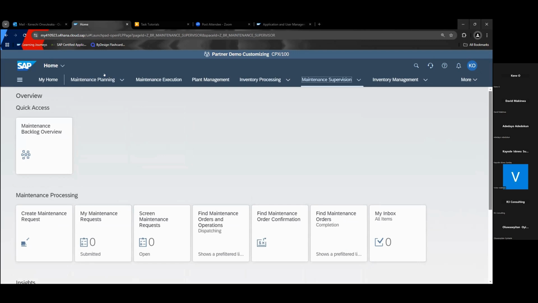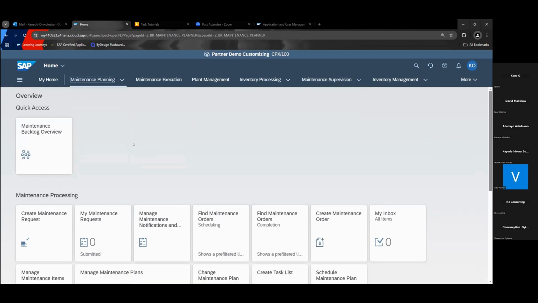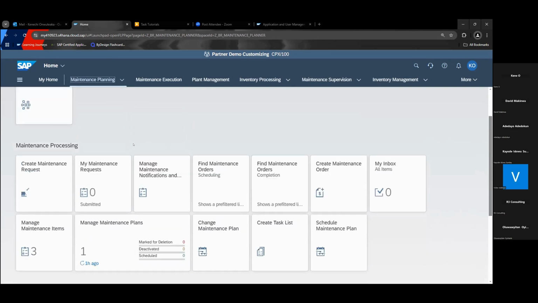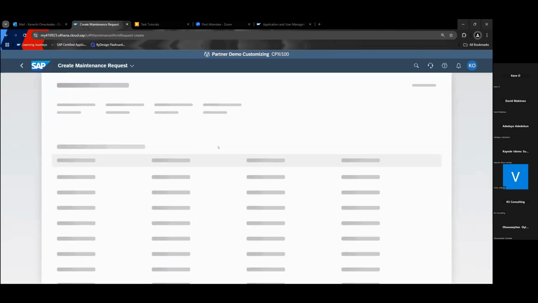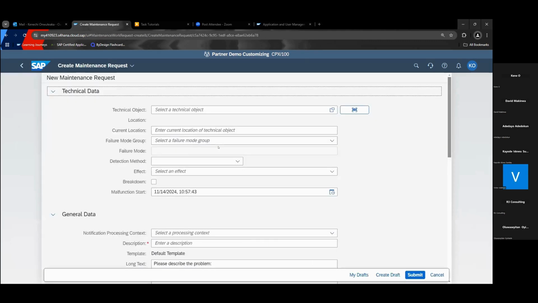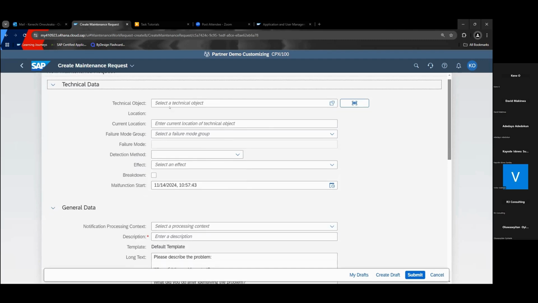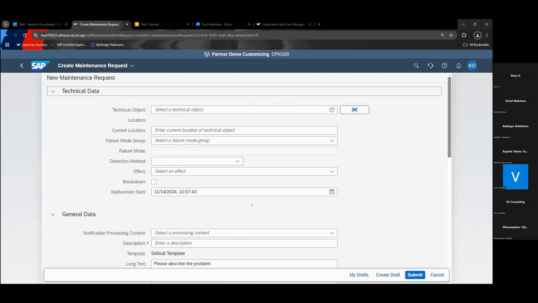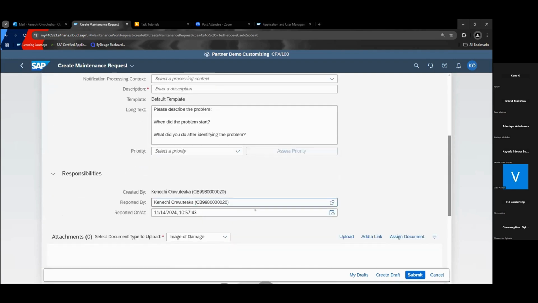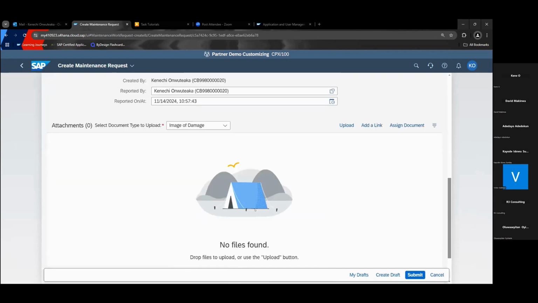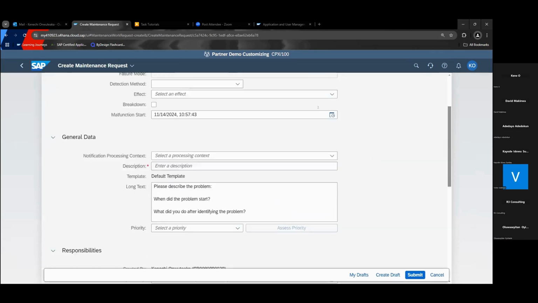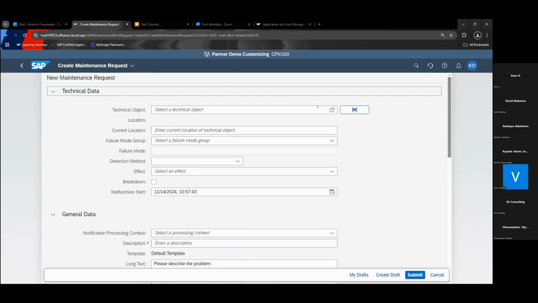So let's quickly create a maintenance notification so we can see what the system actually looks like and how seamless and interesting it is to use it. Once we select create maintenance request, we can see sections where we can add those important aspects.